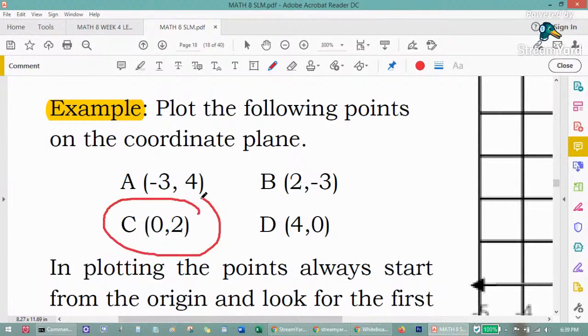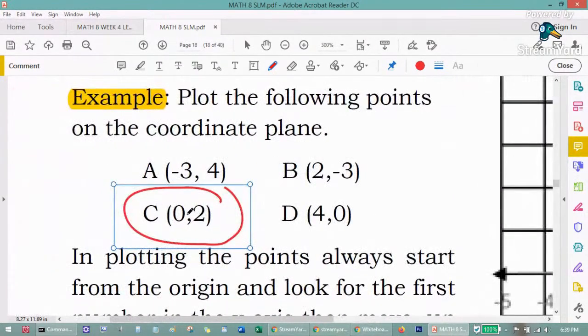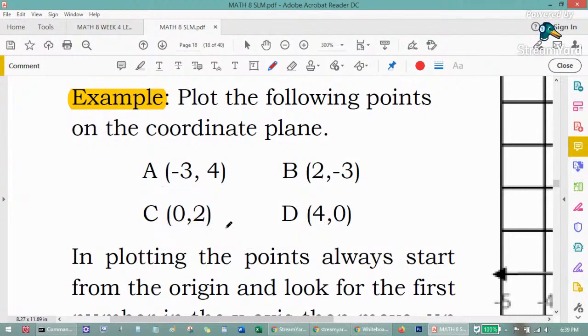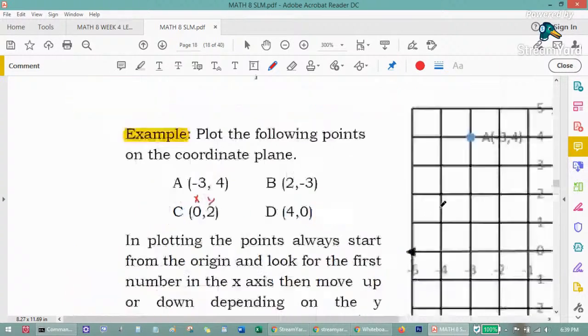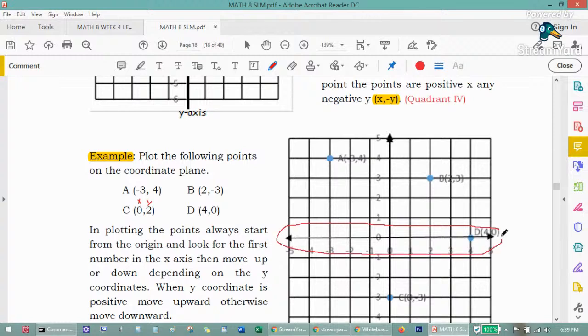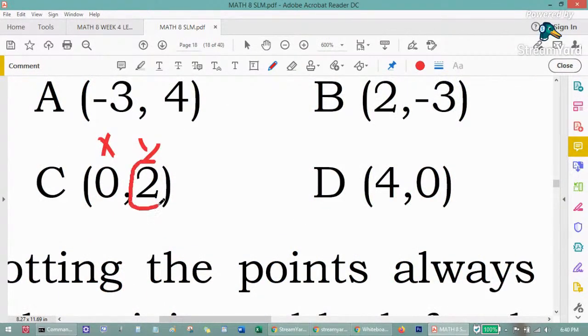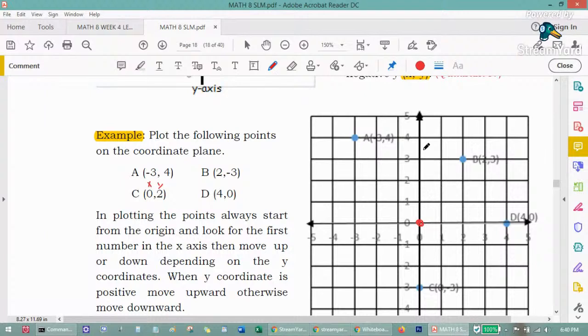Okay, next point, 0, 2. So, unang hanapin natin is x. Ang value ng x dito is, this is x, this is y. Okay, ang x natin is 0. So, ito yung x natin. Nasaan ang 0 ng x? Ito. Okay. And then next, y. Dito tayo titingin sa y natin. Ang hinahanap natin sa y is positive 2. So, positive 2 ng y is ito. So, ibig sabihin,